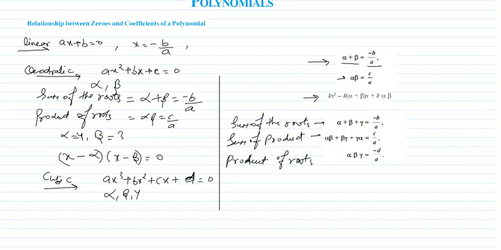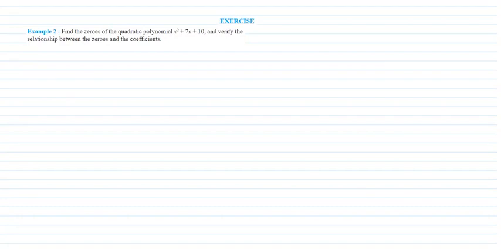So we will see how we can find the zeros of a polynomial and how we can verify the given relationship between zeros and coefficients of a polynomial, whether it is actually the same or a bit different. Now we have a question: find the zeros of the quadratic polynomial and verify the relationship between zeros and coefficients. So to find the zeros, we write x square plus 7x plus 10,